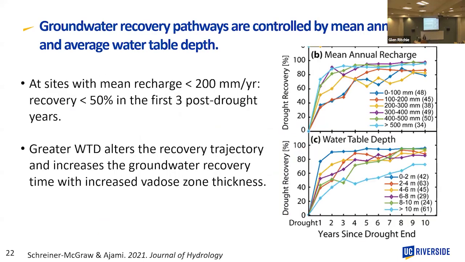We then wanted to understand the groundwater recovery process. So we started grouping these different sites based on the amount of mean annual recharge. As you would expect, in regions where mean annual recharge is much higher, these lighter blue areas, recovery is way faster compared to areas that are drier and recharge is lower. Similarly, in regions where groundwater level is deep, it takes longer for water to percolate through the vadose zone and get to the aquifer, so recovery becomes longer.